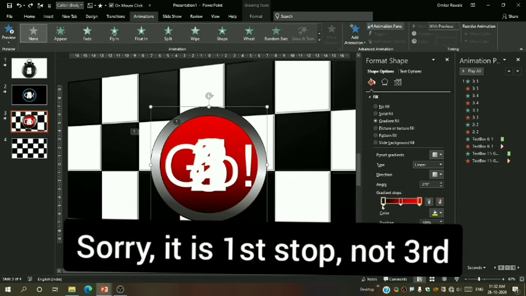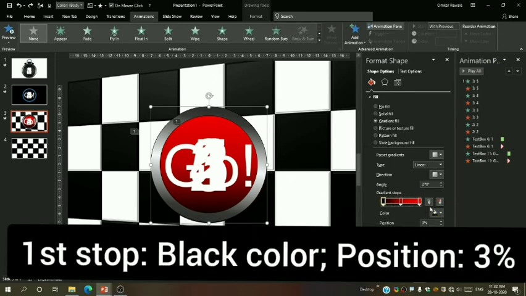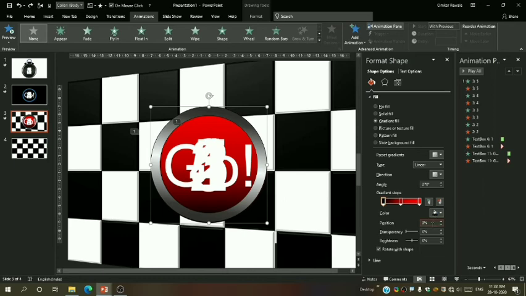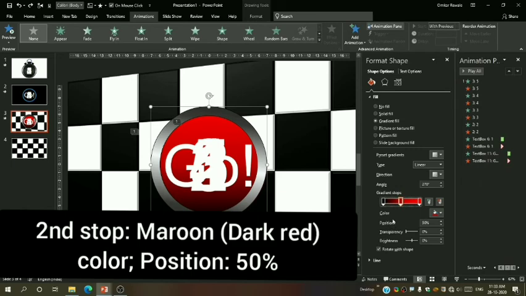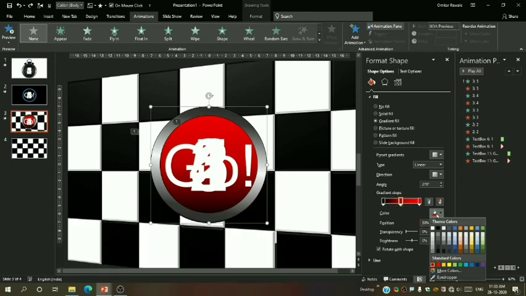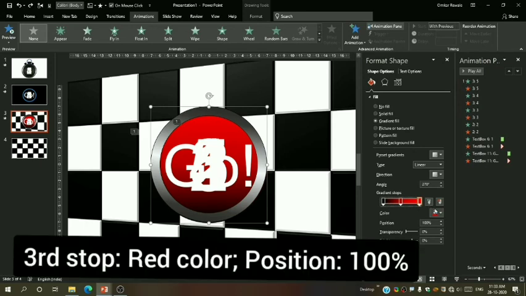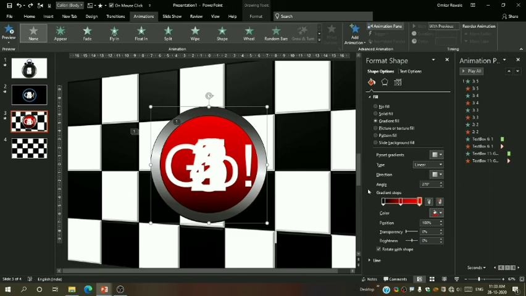The first stop I have used black color. The position is 3%, and the second position is 50%, the color is maroon, and the third I have used red color and its position is 100%. So you can see how beautiful it looks.